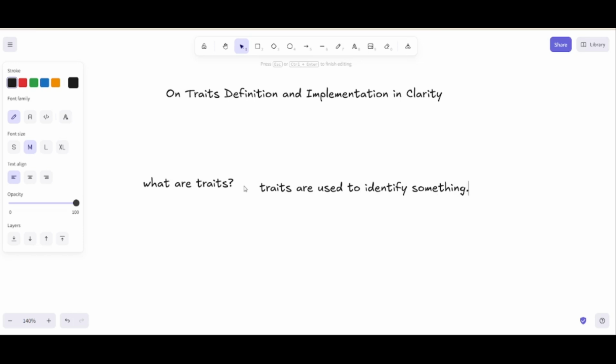And how do I mean? It's in a couple of stages or parts, components of traits. The first one is that you define traits, then you implement them. Okay, I get it. So that's how traits work. You set out the things you want to be identified in a contract, then in another contract you implement it. So this definition, this first one,